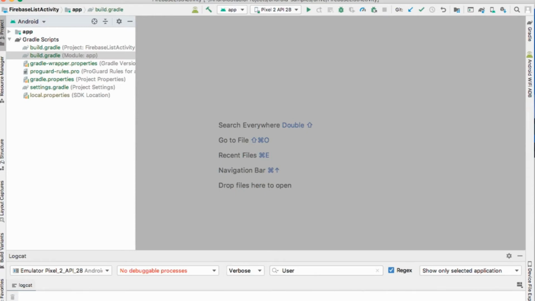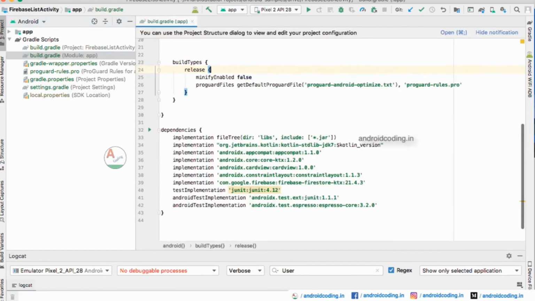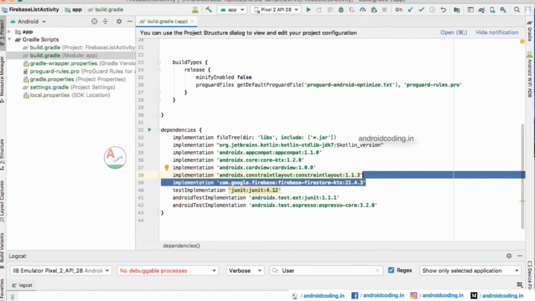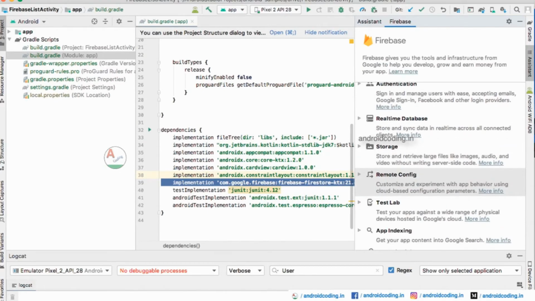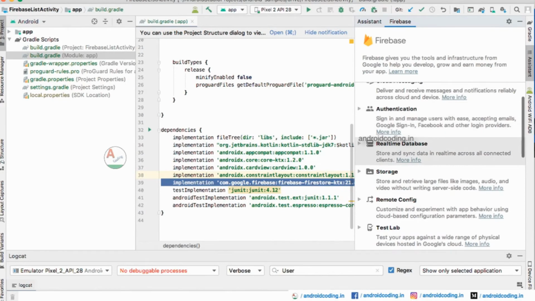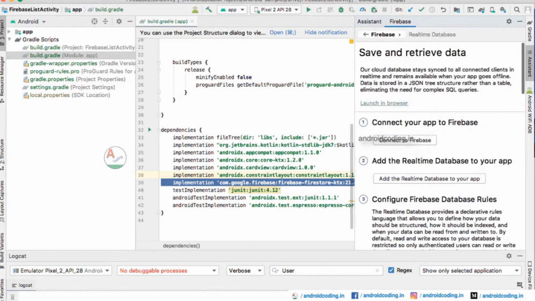In this vlog we will see how to upload data in the form of collections into Firebase storage. Here we will see what dependencies are required. You need to add the Firebase Firestore dependency, and you also need to configure your project with the Firebase Assistant. When you go into Tools, Firebase, you will have a Firebase Assistant loaded here, using which you can handle your project configuration. Here we are dealing with the real-time database, so you need to add your database to your project.